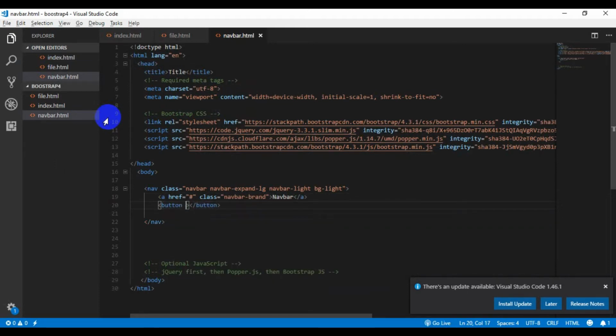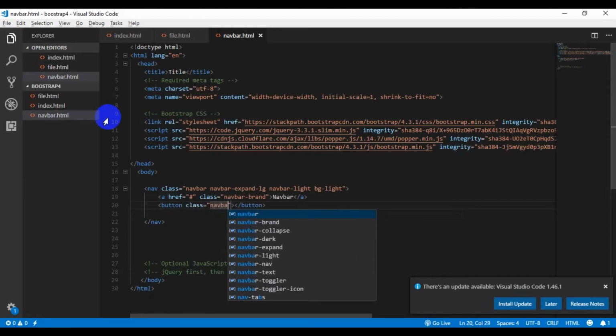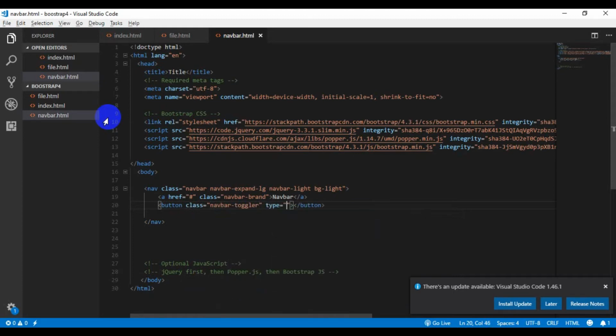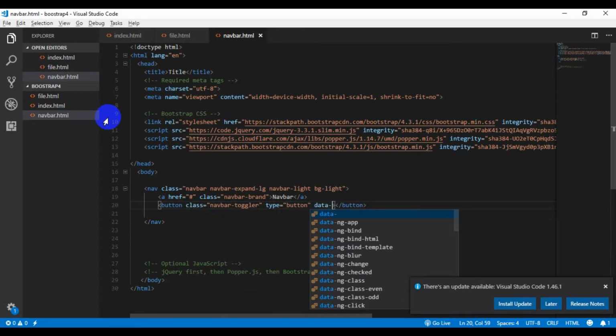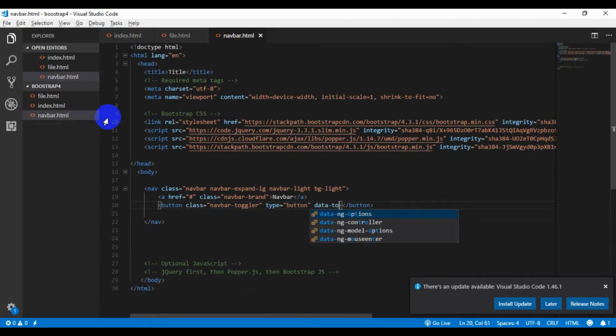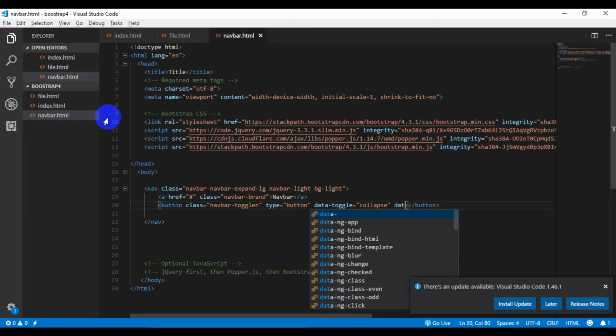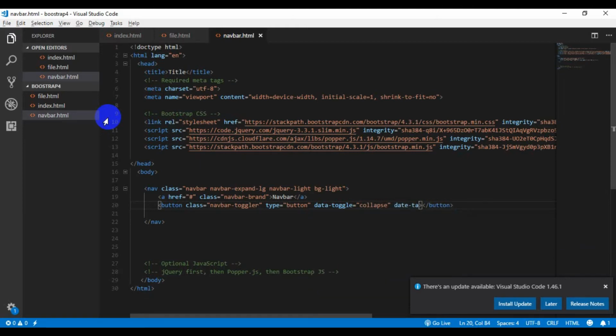Set the class, the type as button, data-toggle as collapse, and the next thing is data-target, where we are actually targeting.